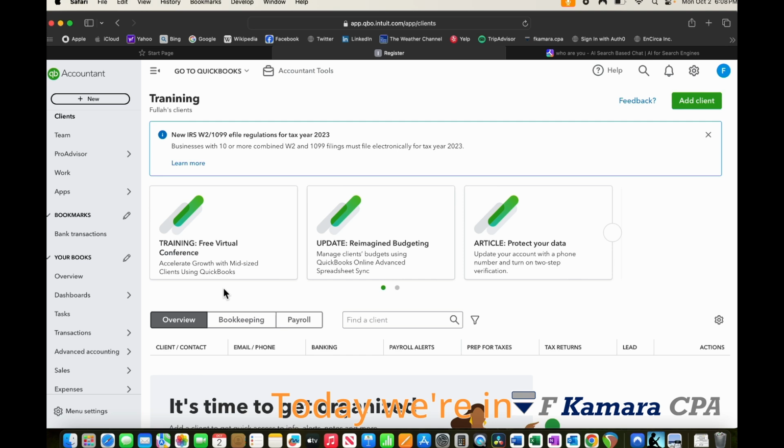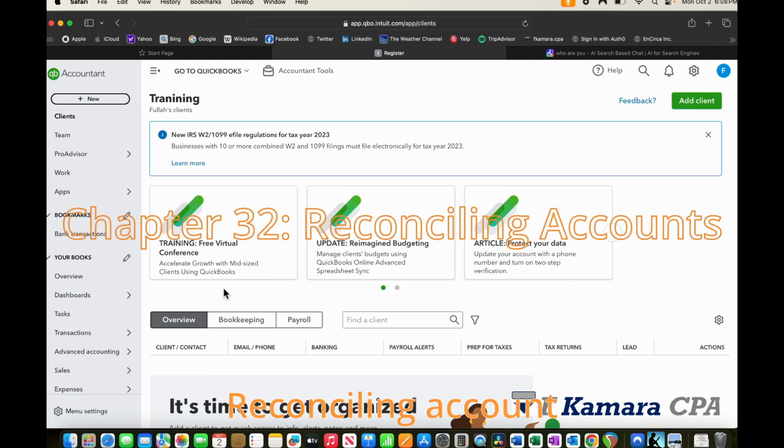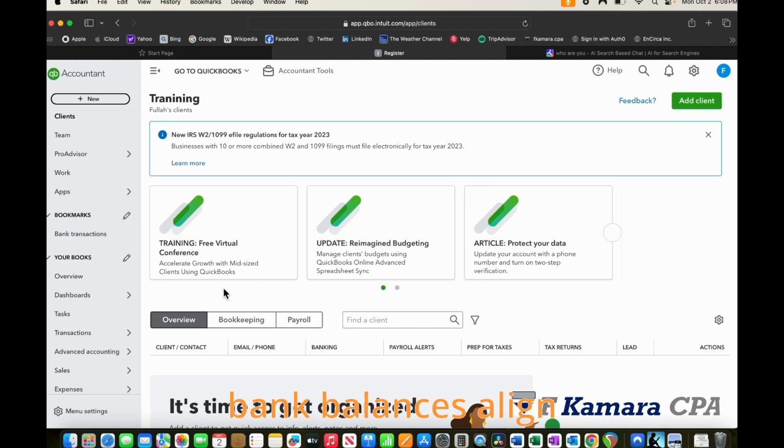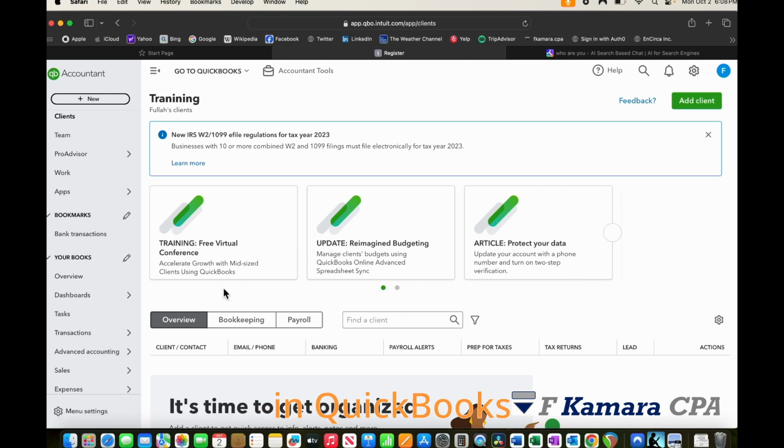Today we're in chapter 32, Reconciling Account. Reconciling account balances is crucial to ensure that the client's bank balances align with their financial data. By connecting the client's bank and using the reconciliation tool in QuickBooks Online Accountant, you can easily match transactions and